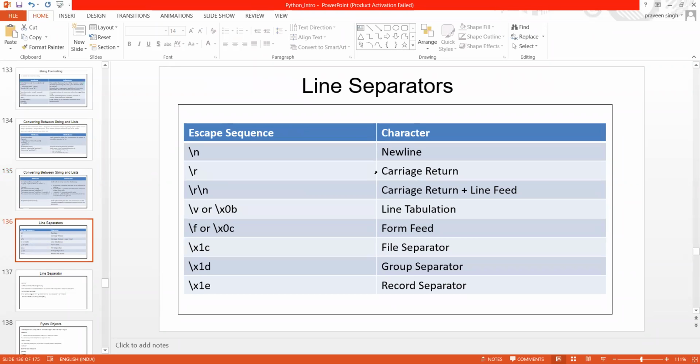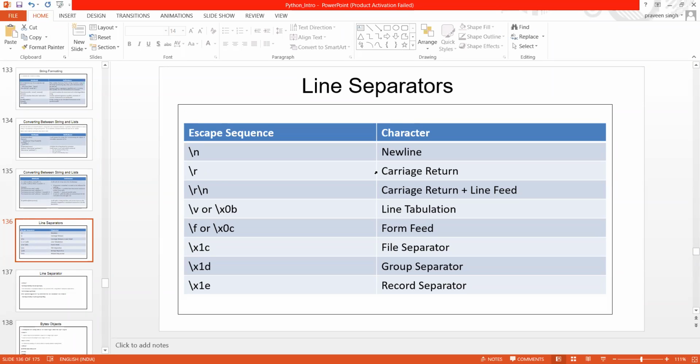If I specify backslash r, that means carriage return. If I specify backslash r and backslash n, it will return as well as line feed, the next line.